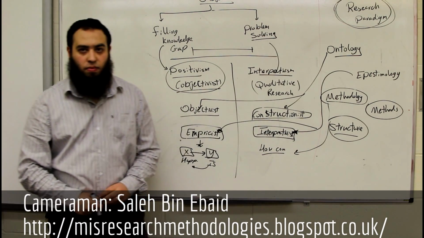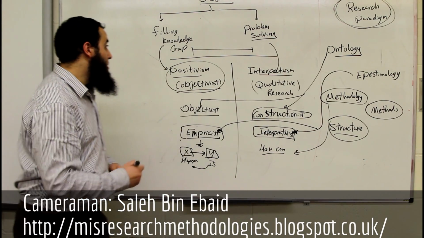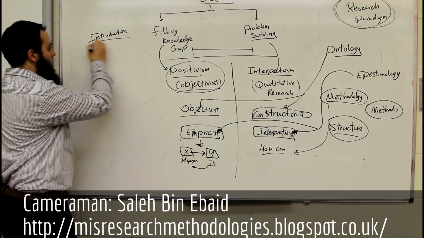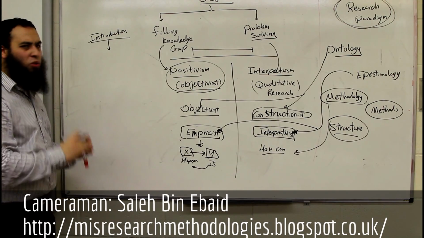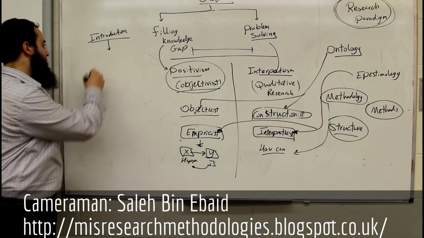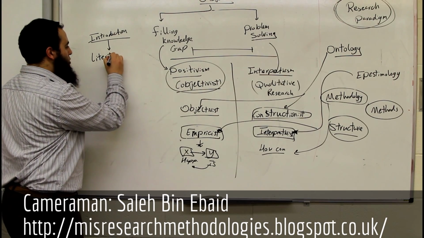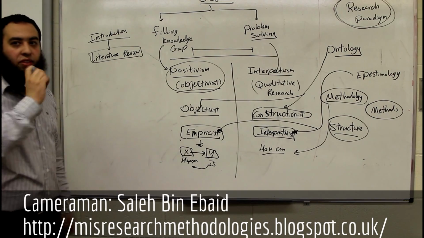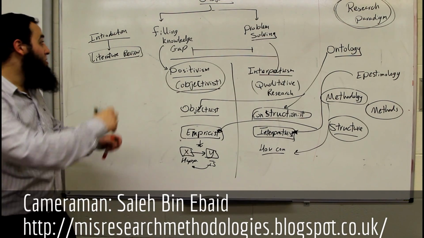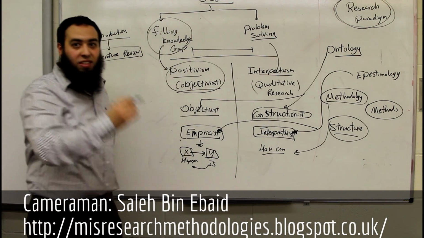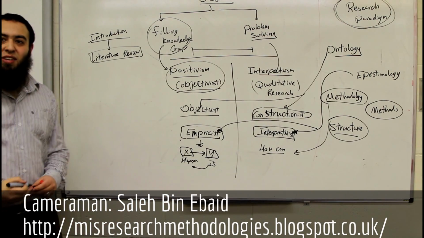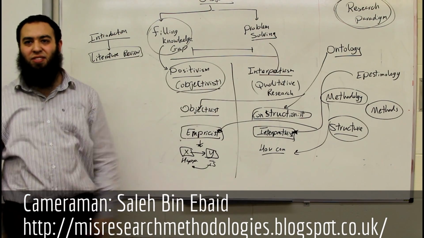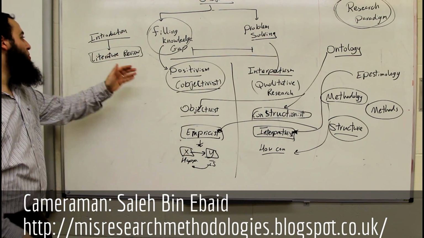What about the structure? The structure here is very different. After doing your introduction, the most important thing of all is the literature review. Your supervisor will just look at the literature review and how you criticize it. Why? Because the reason for doing your research is filling a knowledge gap. If you don't understand where the knowledge gap is, why do you make a research? So the literature review here is very, very important.